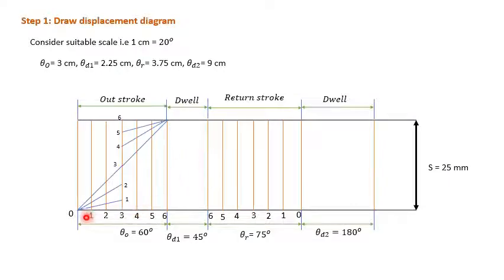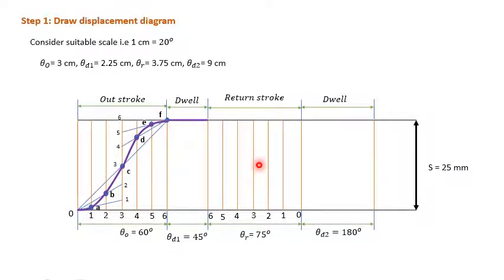Okay, then we have to identify the cutting points. So this is the first line cutting the first vertical line, therefore this is the cutting point. Second line cutting second vertical line, this is the second cutting point. This is the third cutting point. Fourth one, fifth one, sixth one. So like this we have to mark the cutting points. Then naming, naming should be in the small letters a, b, c, d, e, f. Okay, then use smooth curve, join all the cutting points. So this is the outstroke.